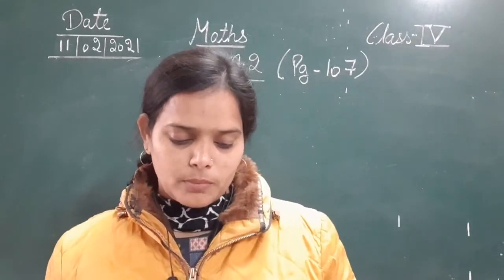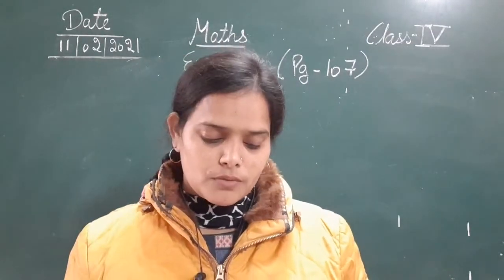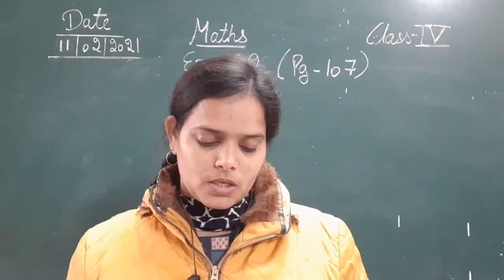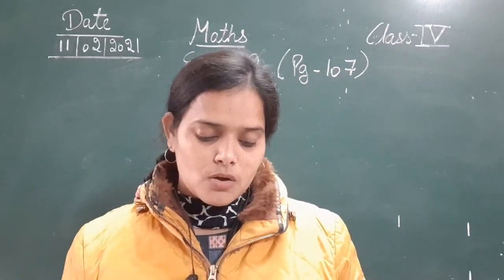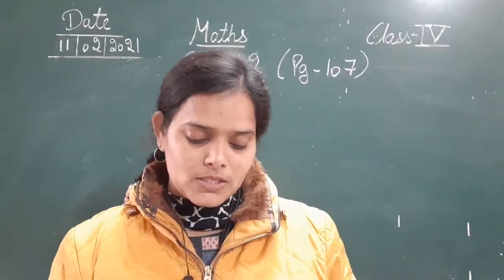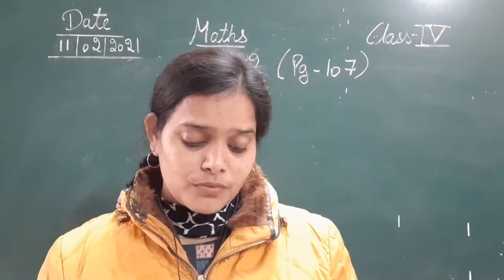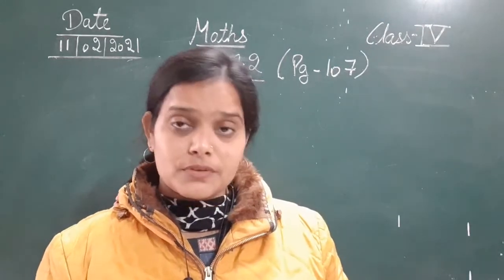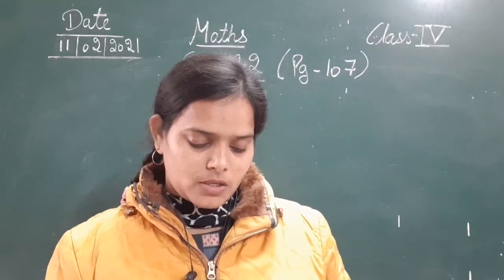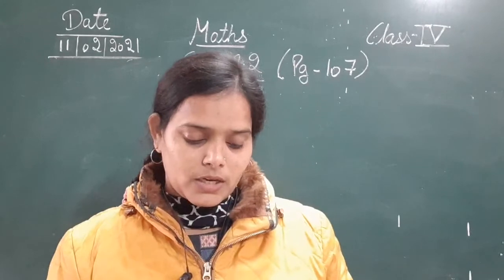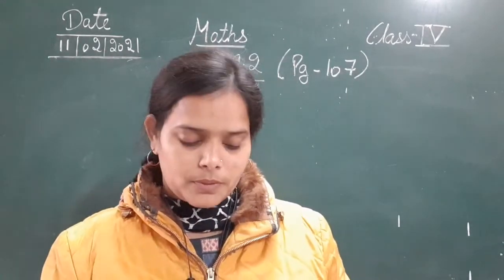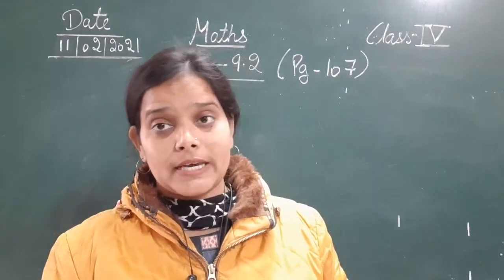Okay, so John bought 1 kg sugar for 16 rupees and 25 paise, 500 gram butter for 60 rupees and 5 kg atta for 45 rupees and 50 paise. And he gave a 100 rupee note and a 50 rupee note to the shopkeeper. What balance did he get?